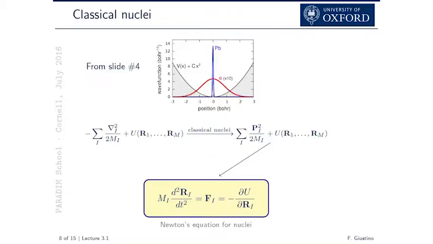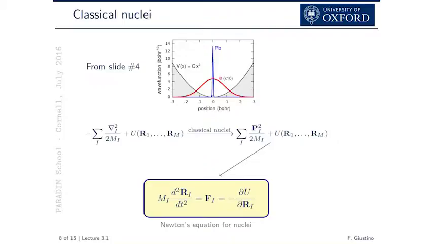So if we do the same operation, we forget the wave function and only keep the Wyckoff site, what we can say is that instead of using a quantum Schrödinger equation for the nuclei, so that's what we had before, right? Let me go back a second. This was the Schrödinger equation for nuclei, the kinetic energy plus the potential energy. Instead of using the quantum Schrödinger equation, if particles have a very narrow wave function, they are almost localized at a point, then what we could do is get rid of quantum mechanics and treat nuclei